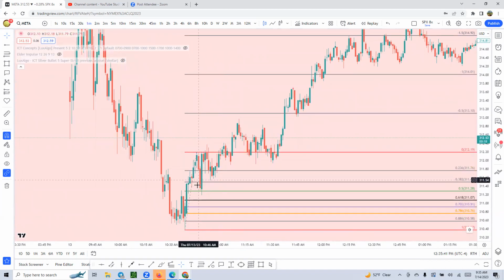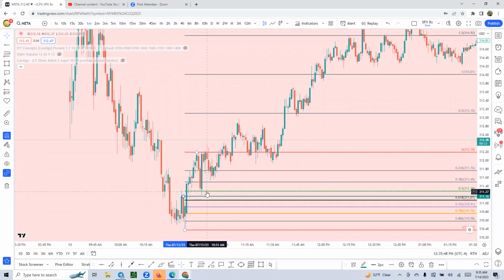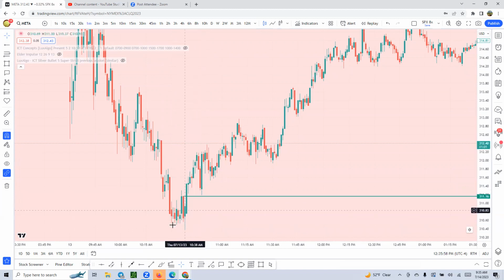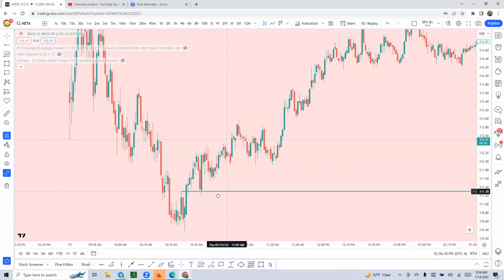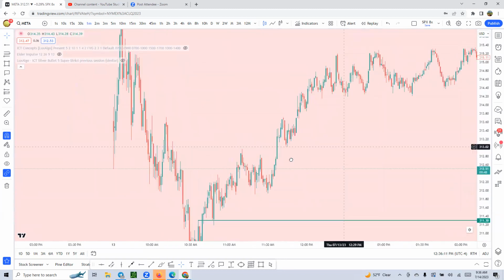But on this particular day right here, you can wait for it to come down. We got an order block right here that it didn't even hit. This is a breaker though right here, right? So we see it went to 50% right there. So that's good enough for you to be able to buy. But this is a low, a high, a lower low. So this would be a breaker right here. So see how it came there, went up, retraced down, came back to it and took off. So that's a nice